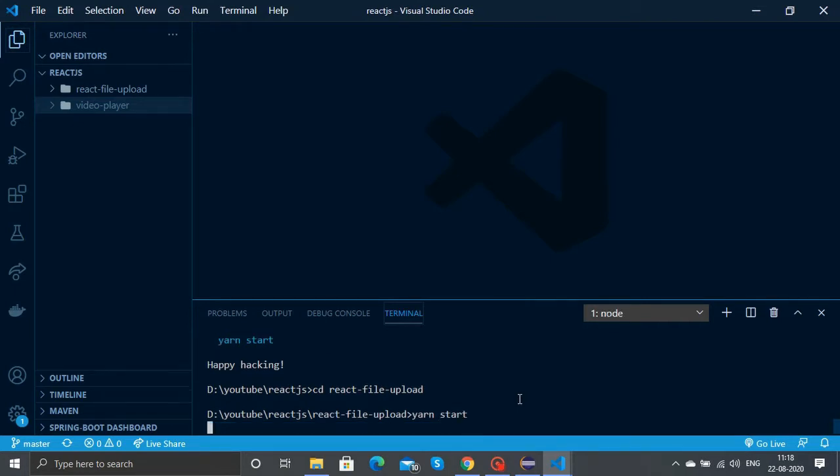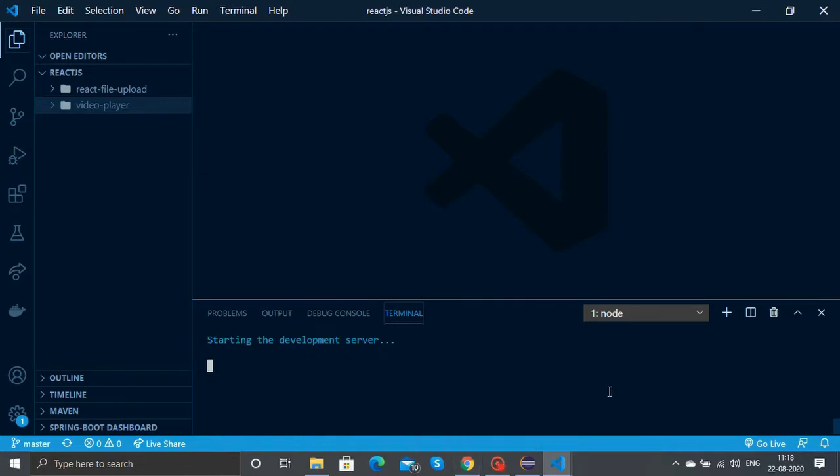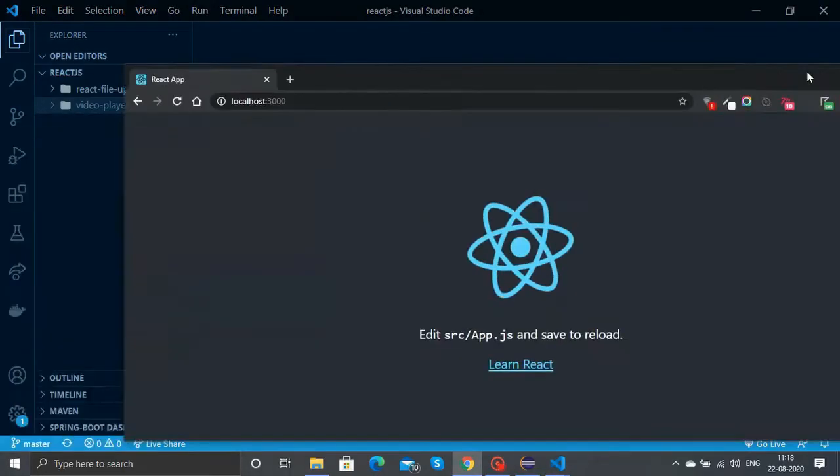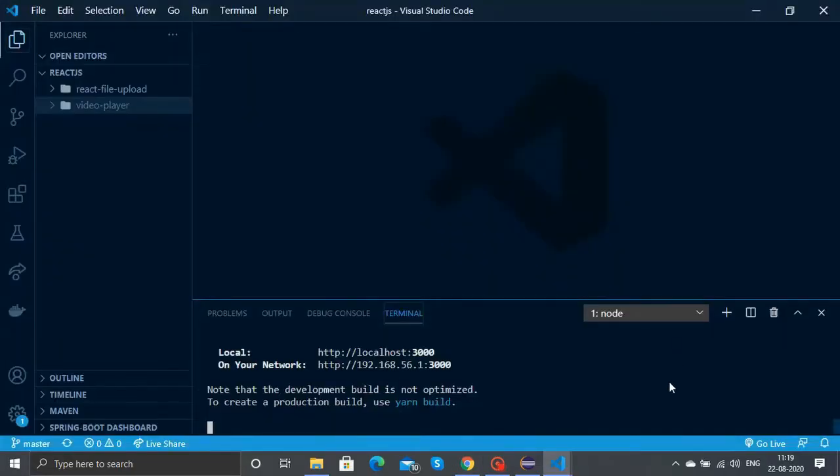Now let's start the project. We'll need to use yarn start. Yeah, now we have the default React page.